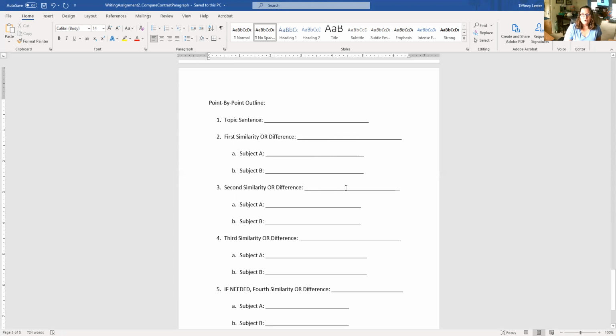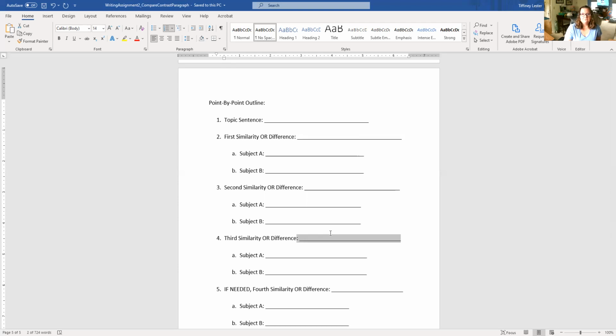Then we move on to our next main point. We'll just say classmates. All right. What do you have to say about classmates in online classes? What do you have to say about classmates with on-campus classes? Right? What do we have to say? Our third similarity or difference is going to be